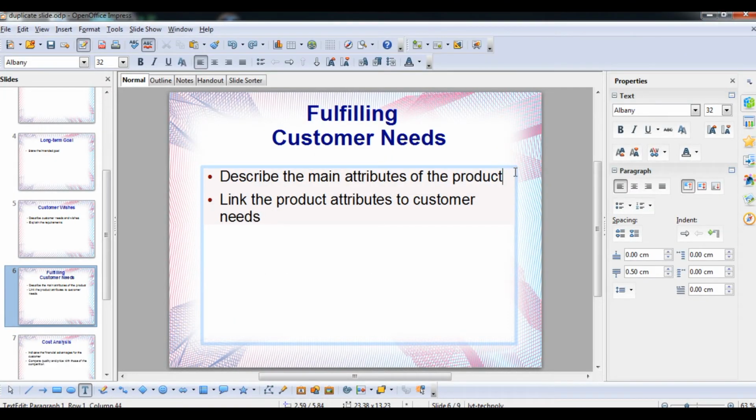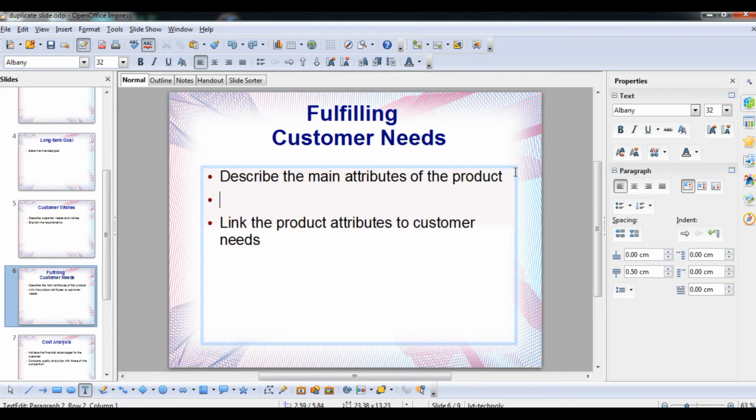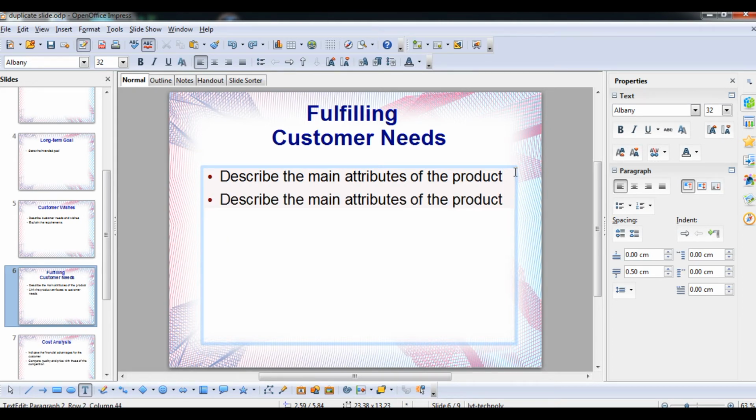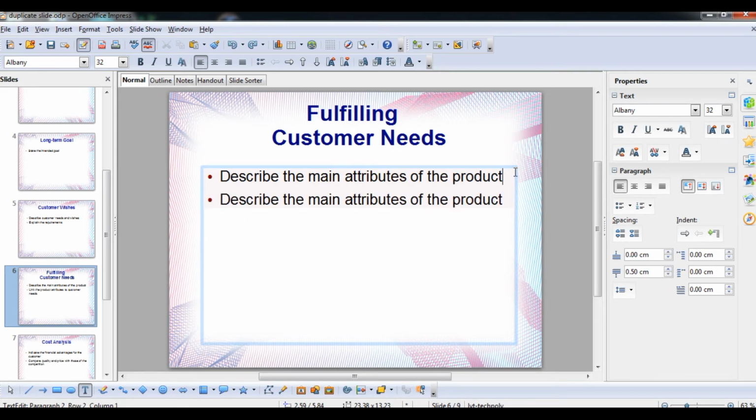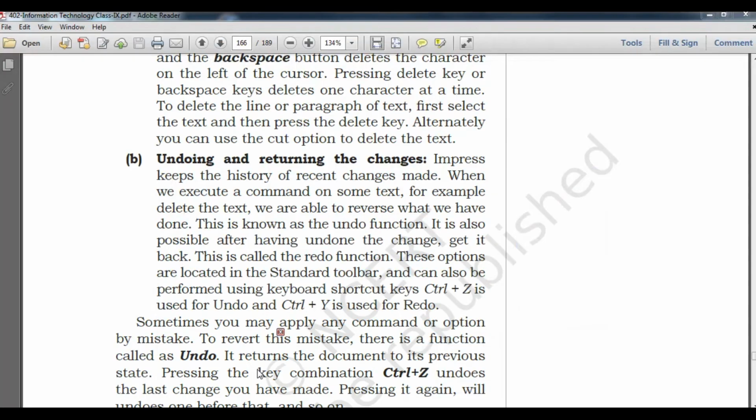Suppose you have just noticed that, student, I have deleted the second line. So what I am going to do, I will press Control Z. Now you can see, as I have done the Control Z, the backward work has come. Now I realize I have made a mistake, so I will press Control Y. Control Y redoes my work, meaning whatever I have started from the beginning. So Control Z is for undo and Control Y is for redo.